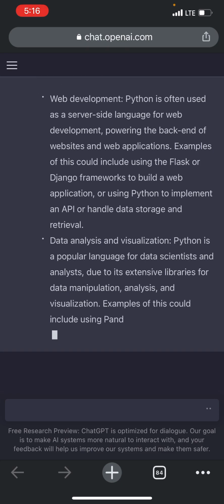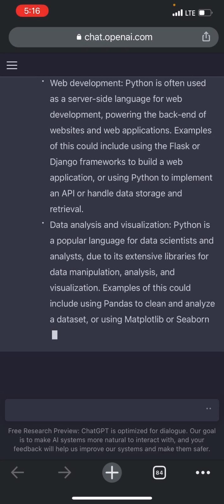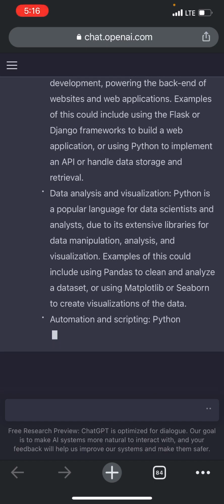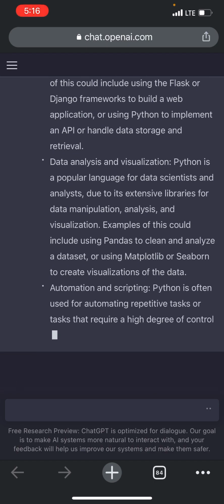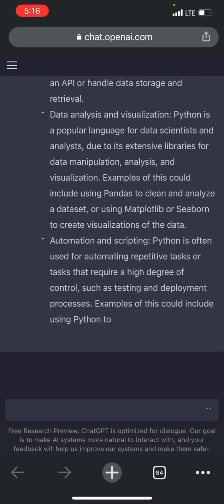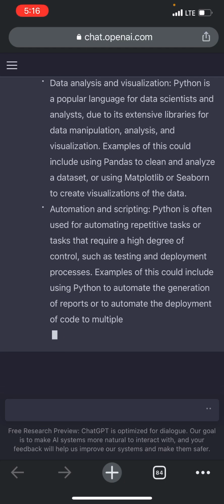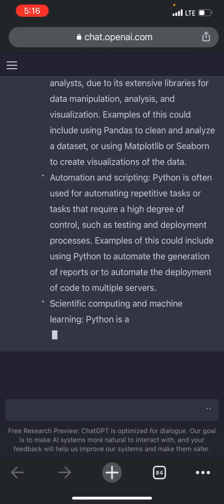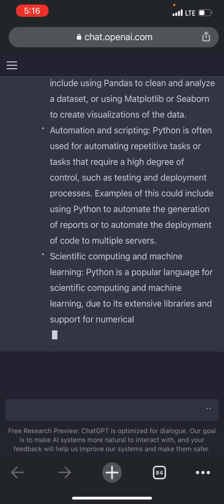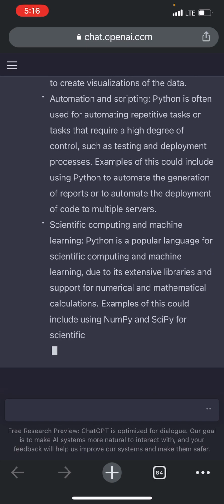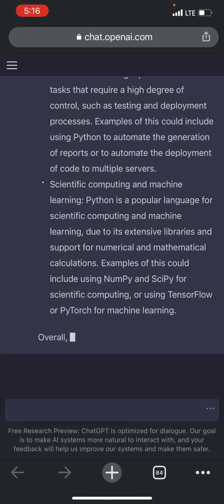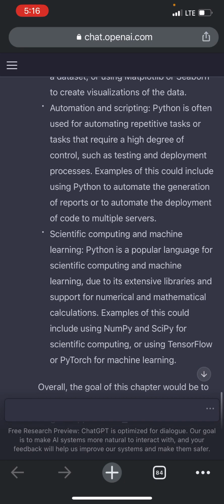So it's telling you can use Python in web development. You can probably use like Django frameworks. You can use it with data analysis and visualization, automation and scripting. That's actually what my current job is at. My priority is actually automations, where I currently am. Scientific computing and machine learning. So there's a lot of really cool ways to keep expanding on this, and it gives you really good examples